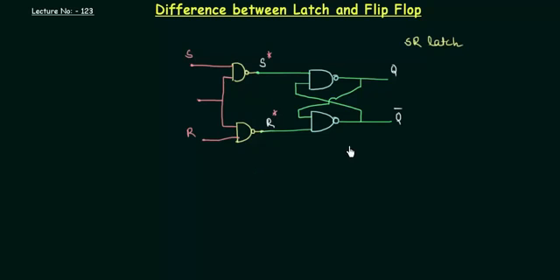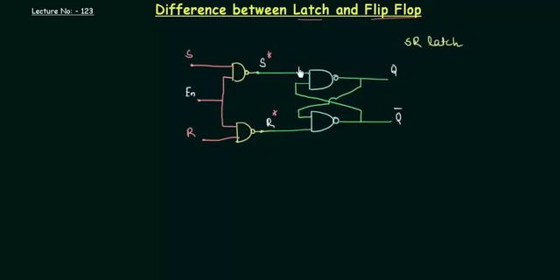The working of the circuit we will see in the next presentation when we discuss SR flip-flop. But for now, you need to know the difference between the latch and the flip-flop. So let me tell you one thing. This circuit that I made can be used as a latch as well as a flip-flop. Let's see how we can use this circuit as a latch. The only thing that decides whether the circuit is acting as a latch or as a flip-flop is this control input. If this control input is not a clock, just enable,